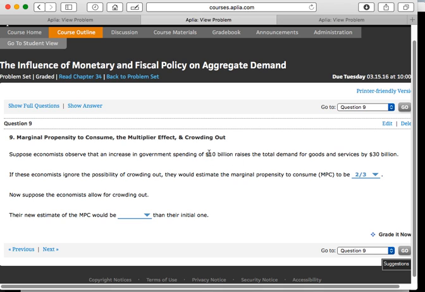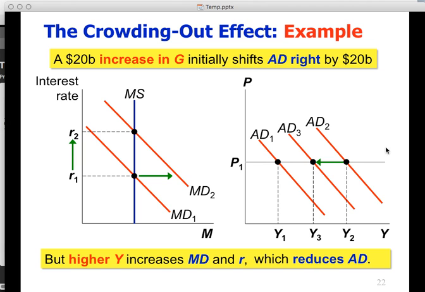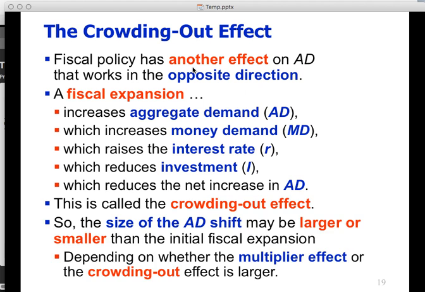Without crowding out, we went from 10 to 30 because the multiplier was 3 and there was no crowding out. But if the multiplier is 3 and there is crowding out, we'd go from 10 to 30 because of the multiplier, but then we would reduce it because of a reduction in investment. Therefore, the multiplier has to be greater than 3. Going back to this multiplier,